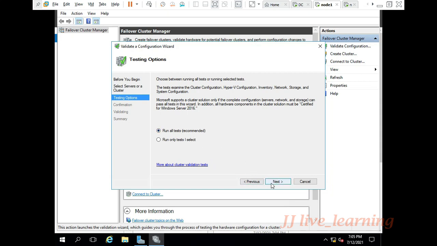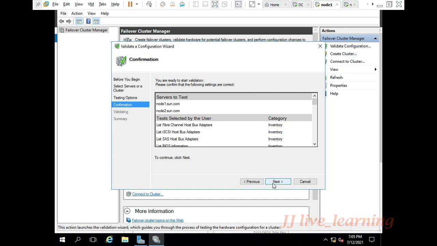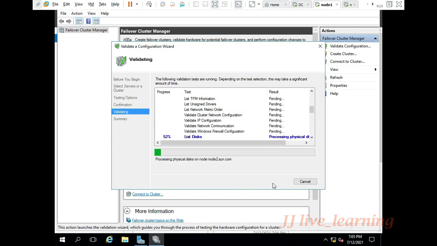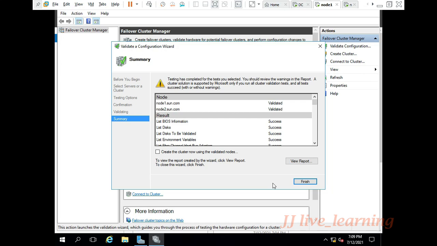Now we are going to run all the tests. Now the service will be installing on your node 1. Now the installation will be completed successfully. All the tests will pass on your node 1.